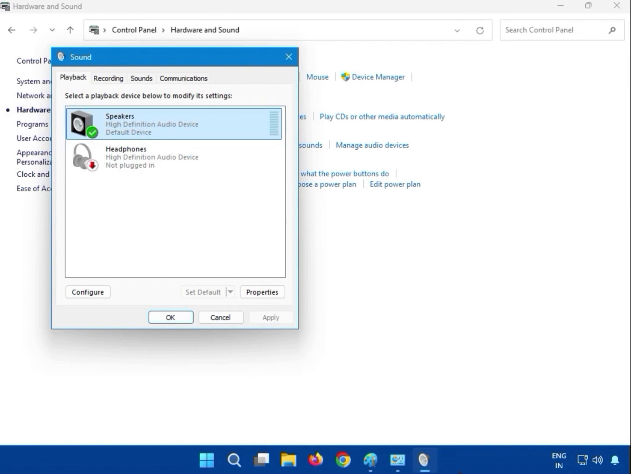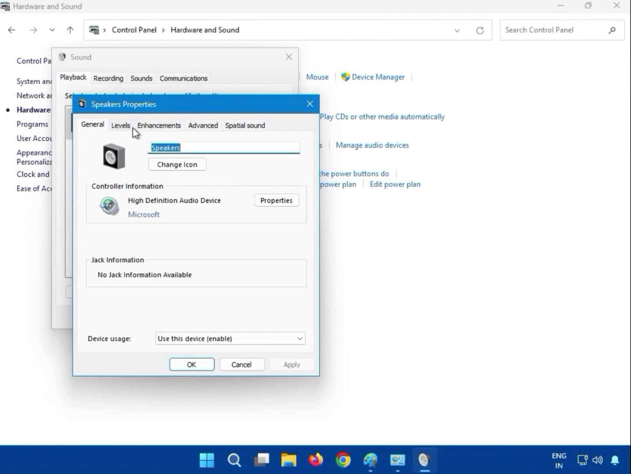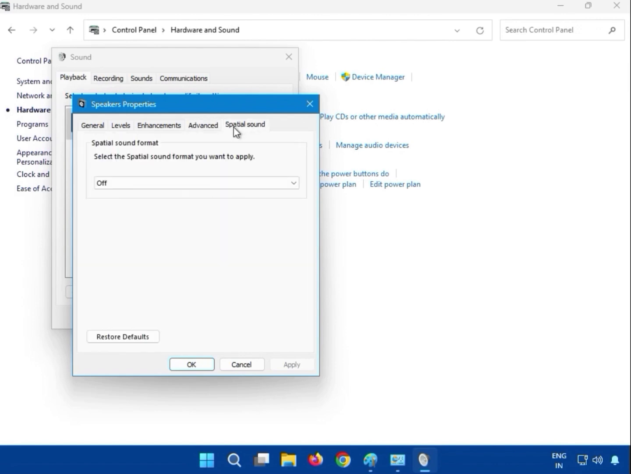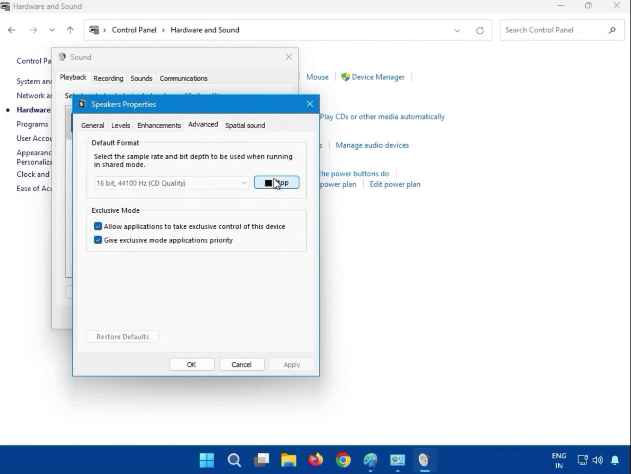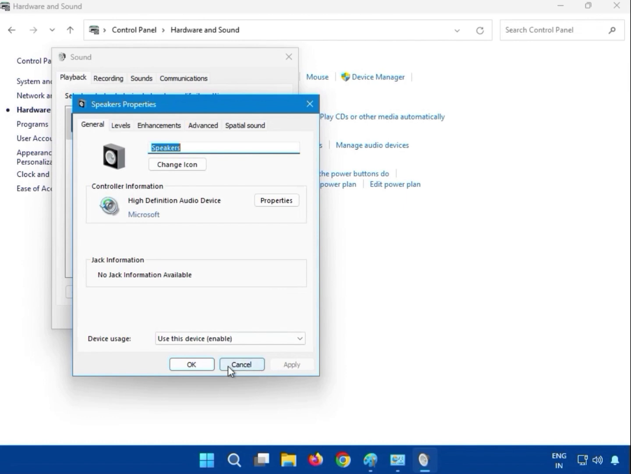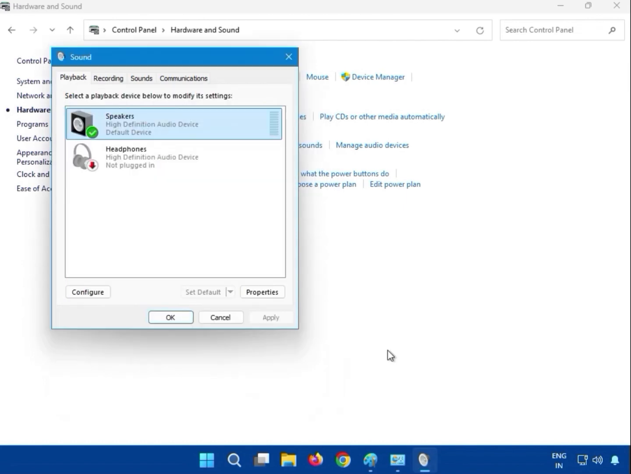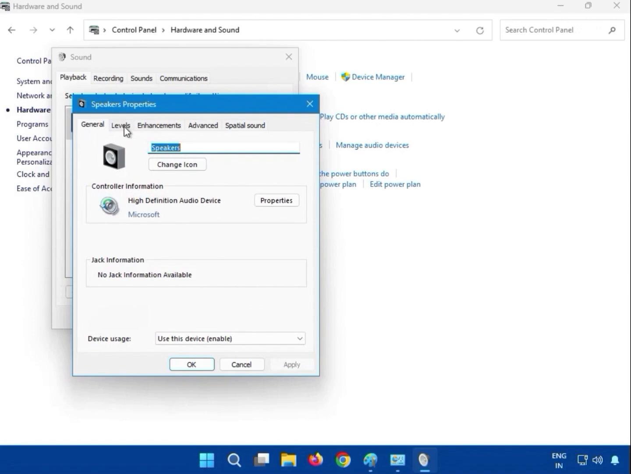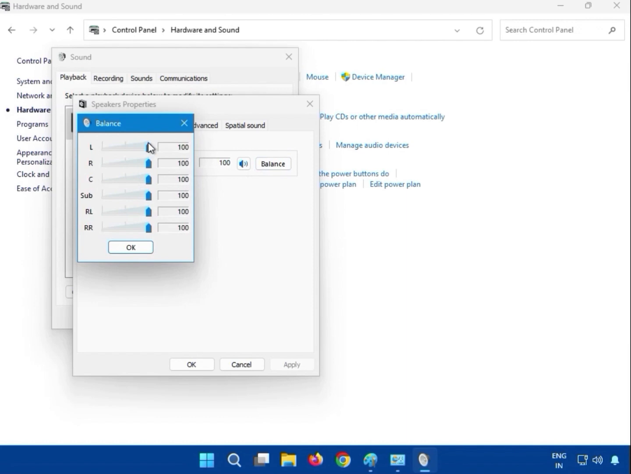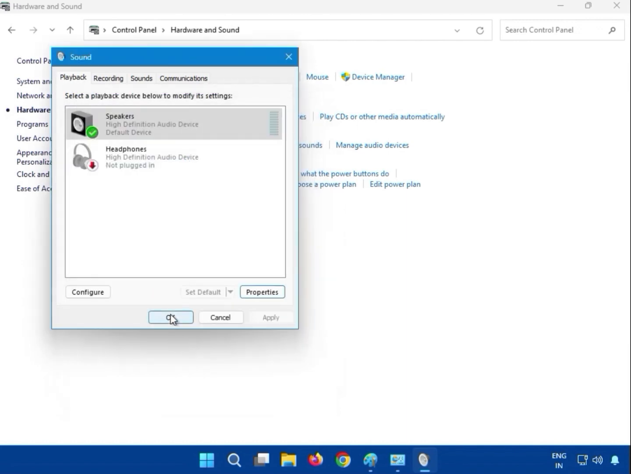Okay, then just double click and click to, you can see here like that. Okay, click to property. So guys, select the level 100%. Okay, and you can see here balance on 100%. Okay, and then okay, and then okay,